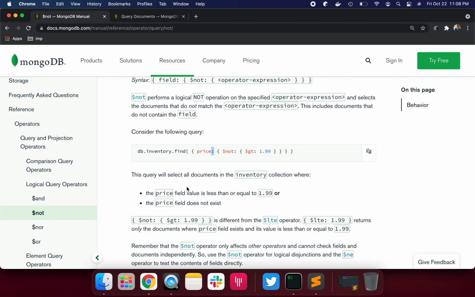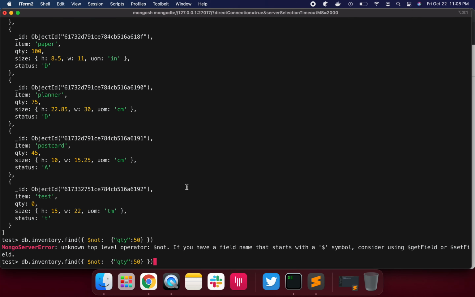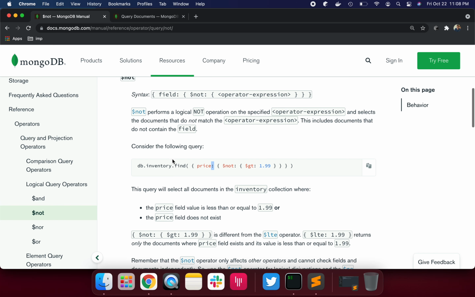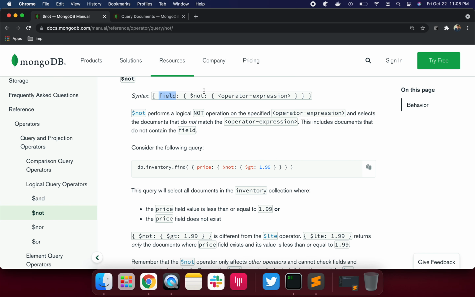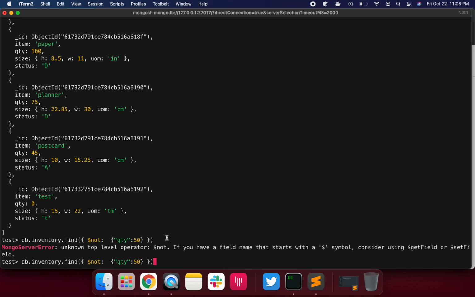Okay, I think I am missing one brace. If you see the syntax, you need to put the field, then not, and then the operator expression. So I need to put quantity here, qty, then use the expression not, dollar greater than 50.